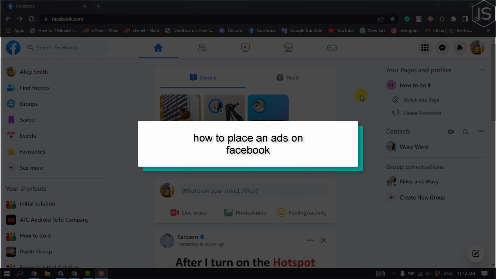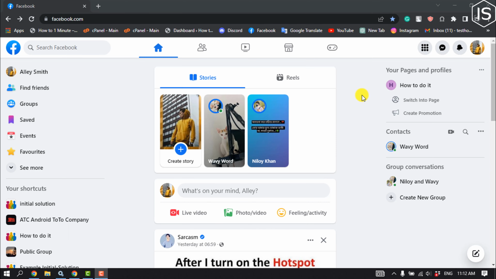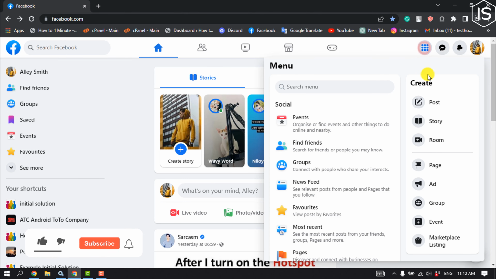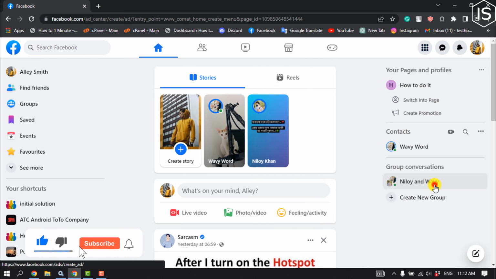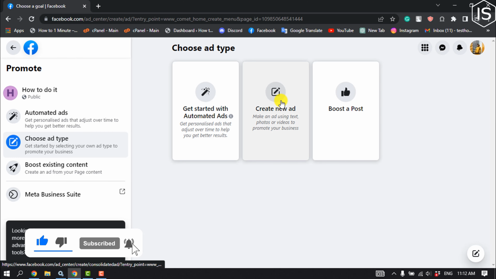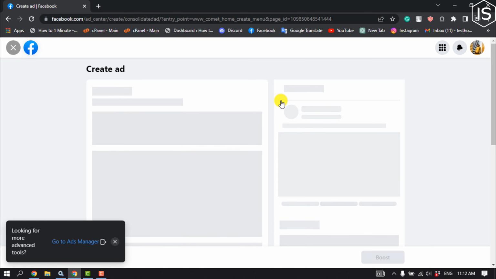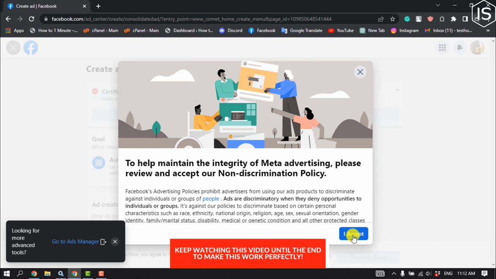This initial solution will show you how to place an ad on Facebook. Open Facebook and click on this menu icon, then click on ads, create new ad. I accept,